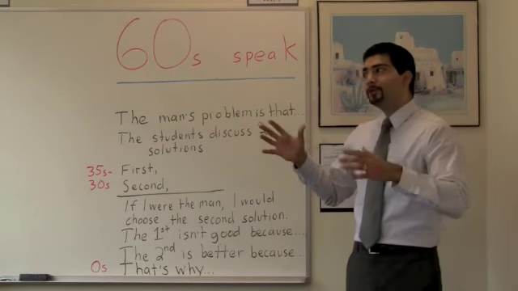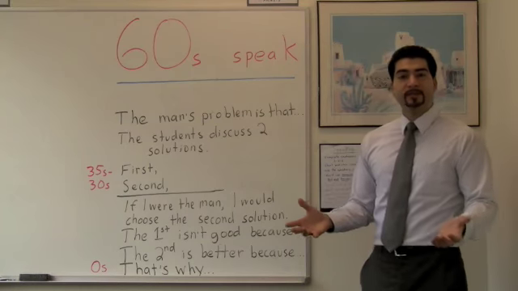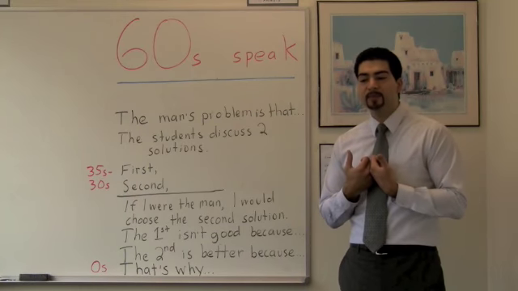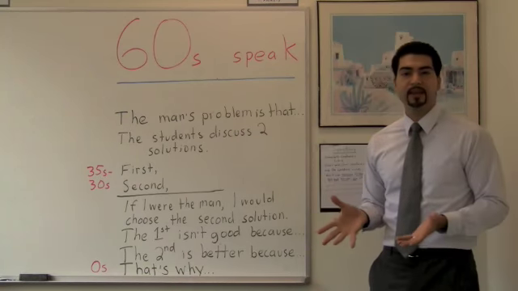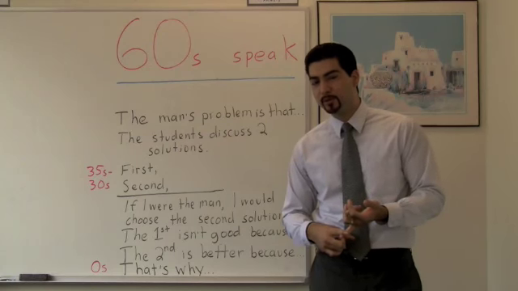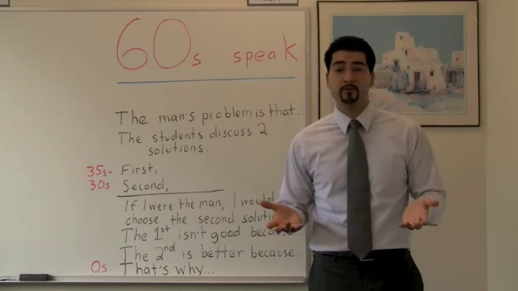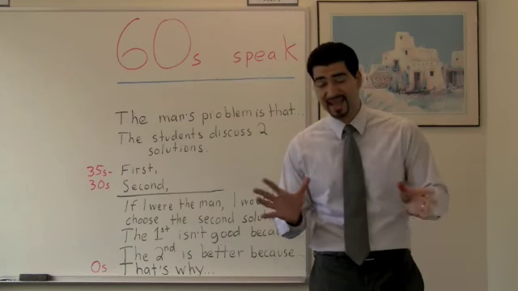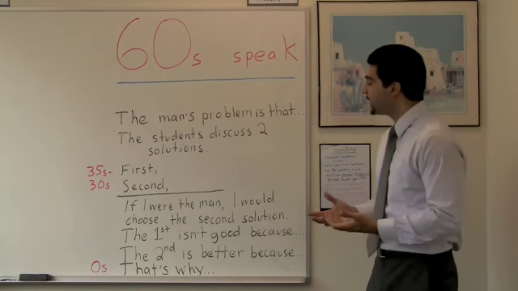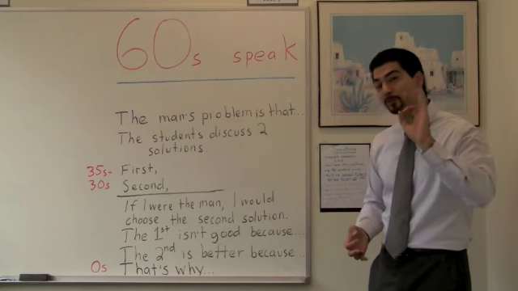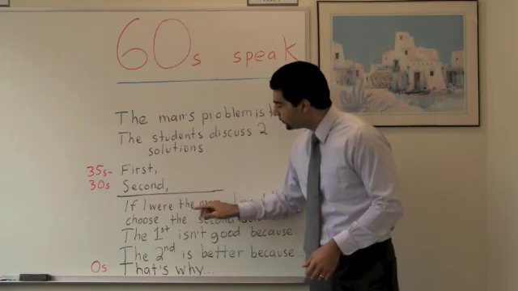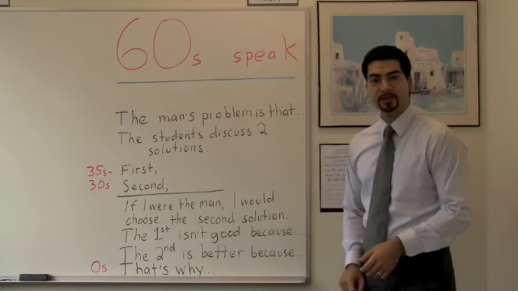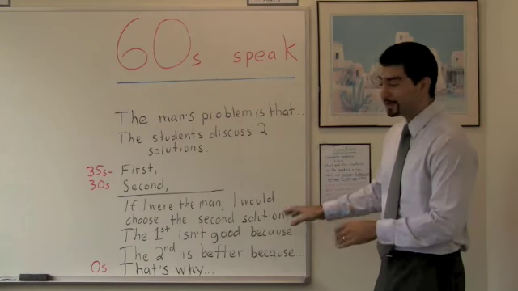So, you can choose either solution you want, it really doesn't matter, but from my experience, it's best just to say whichever solution is second. Just choose the second solution. It's usually the easiest to support, and it doesn't really matter which solution you choose, so don't even spend a second thinking about it. Now, how do we deliver our nice, clear, grammatically strong sentence? We say, if I were the man, so that's unreal conditional if you remember, but it's correct.